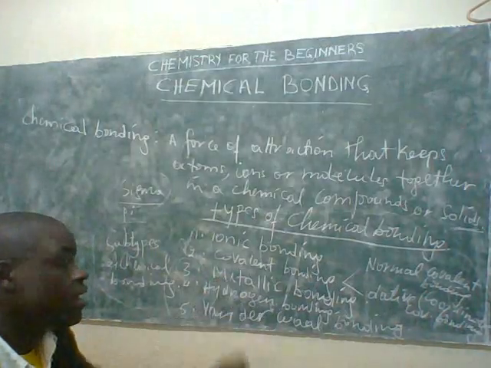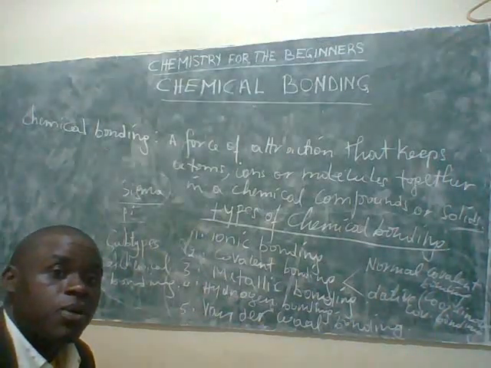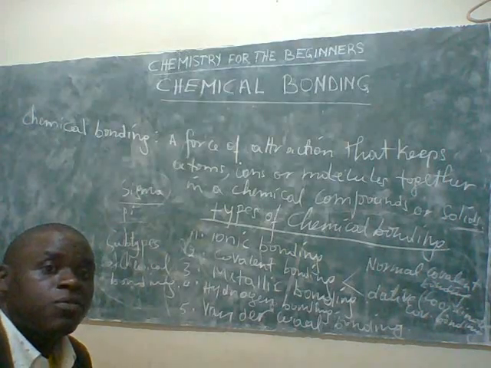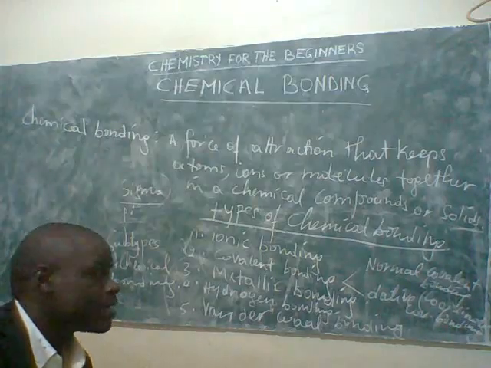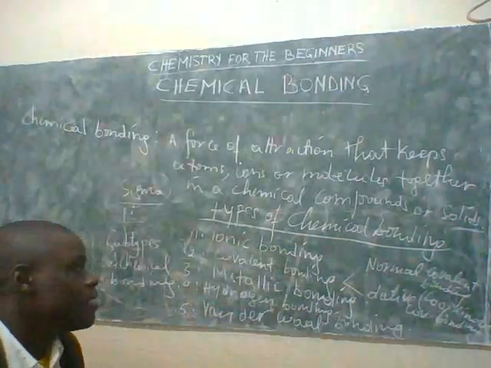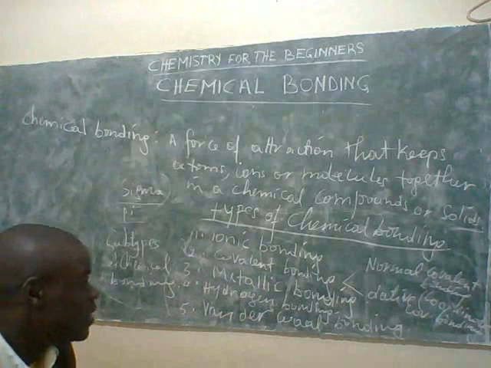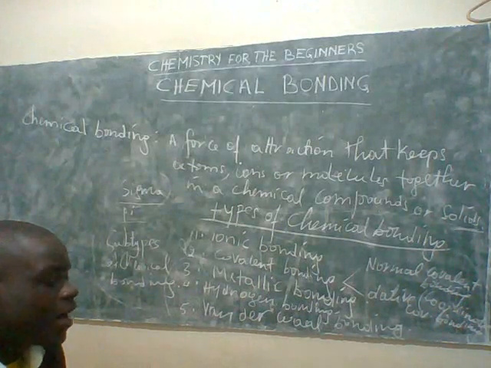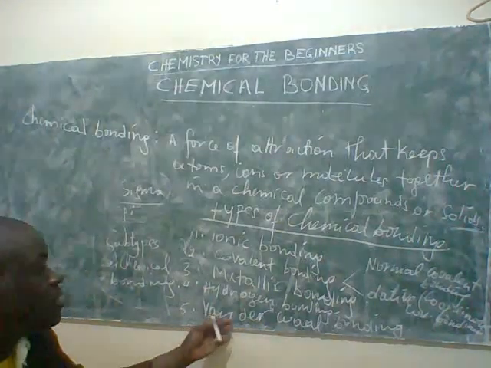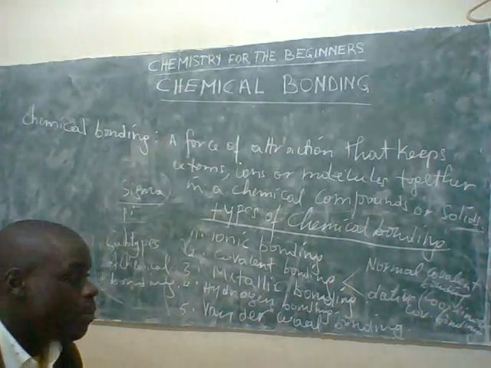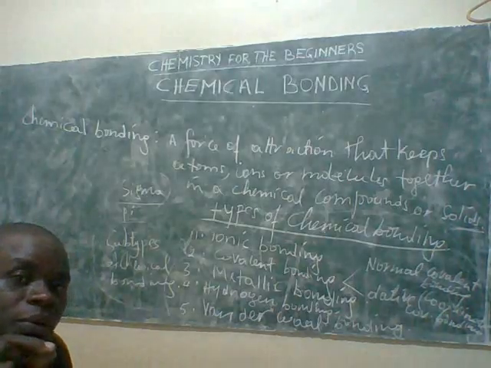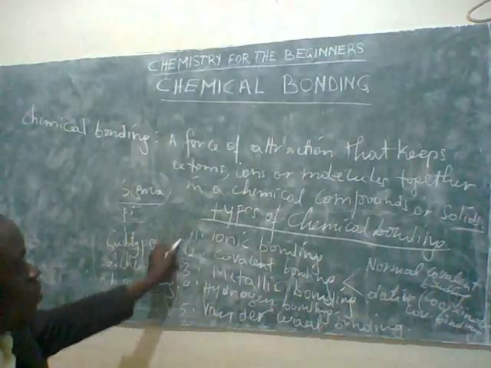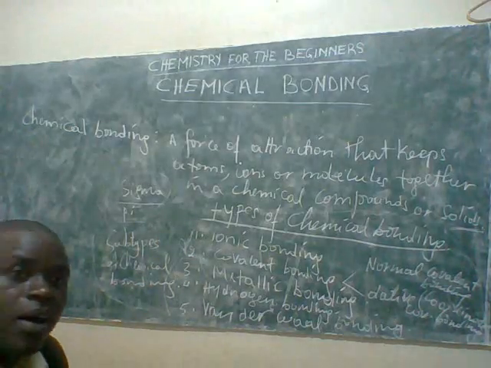So when we reach here, we will see how to identify if a bond is metallic, if a bond is ionic, if a bond is covalent, if a bond is hydrogen, if a bond is van der Waals bonding. So you have to know the difference between each of these